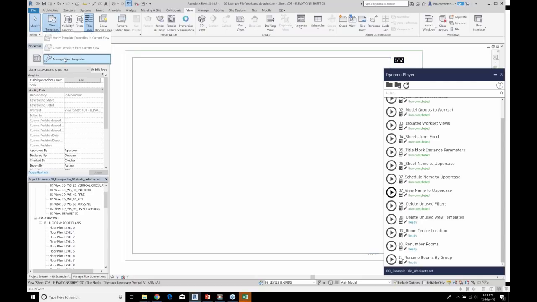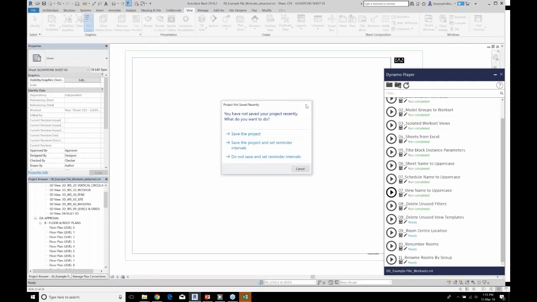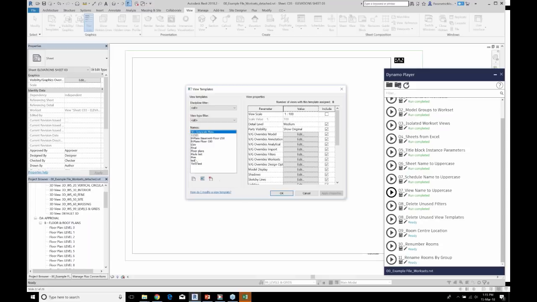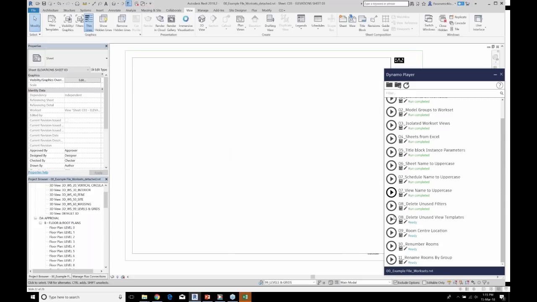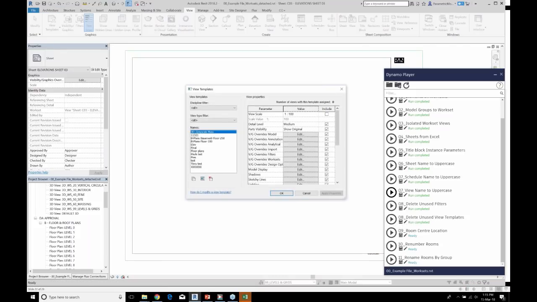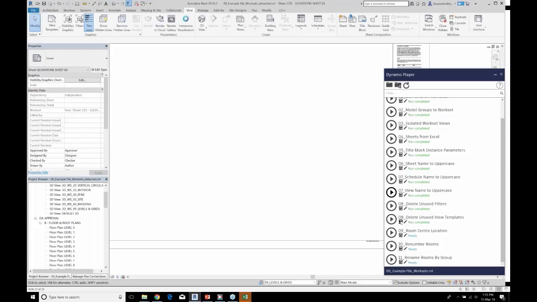If we have a look at our view templates, let's create one which isn't in use. We can run our Dynamo script, go back in, and something didn't work. What didn't work?